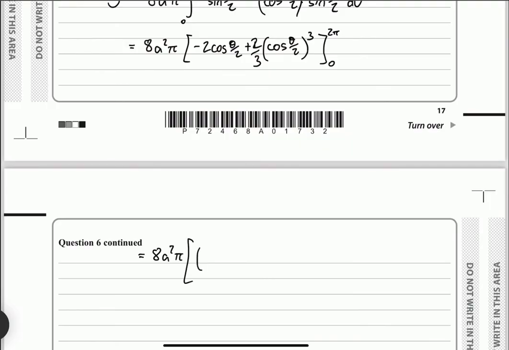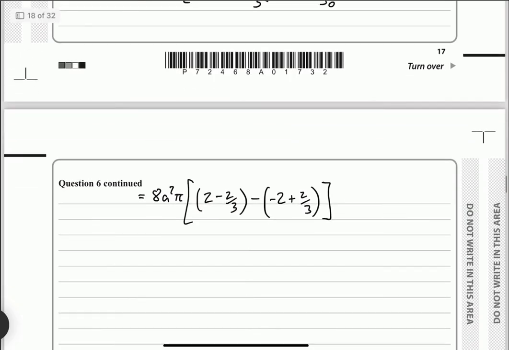So that's a minus 2 times minus 1, 2. Minus 1 cubed is still minus 1, so that's minus 2/3. Minus 2 times a 1 minus 2, and 1 cubed plus 2/3, which is 8 over 3,